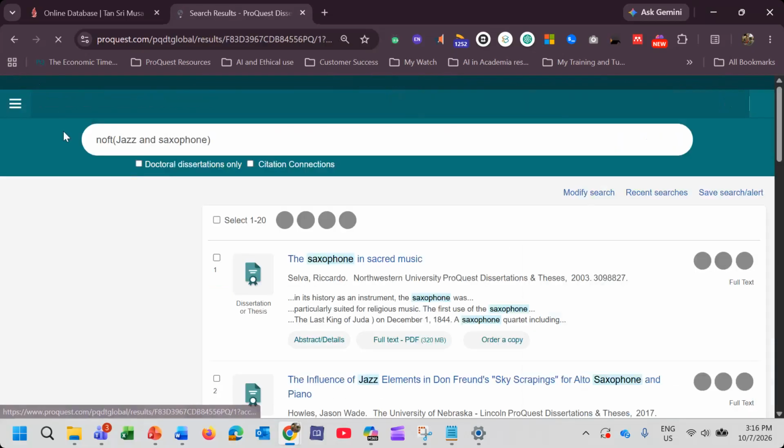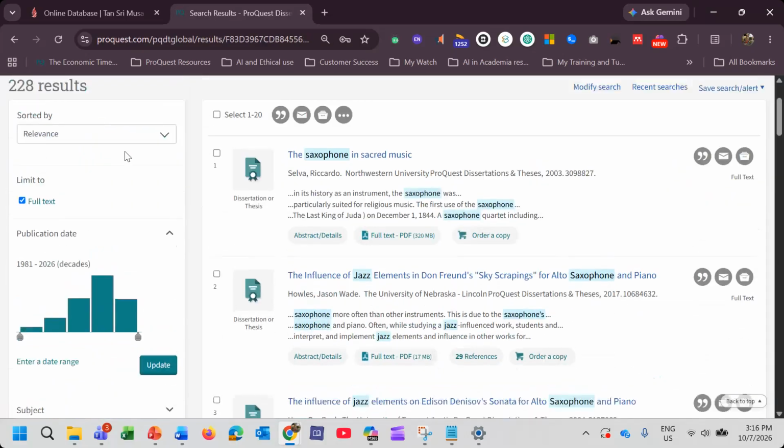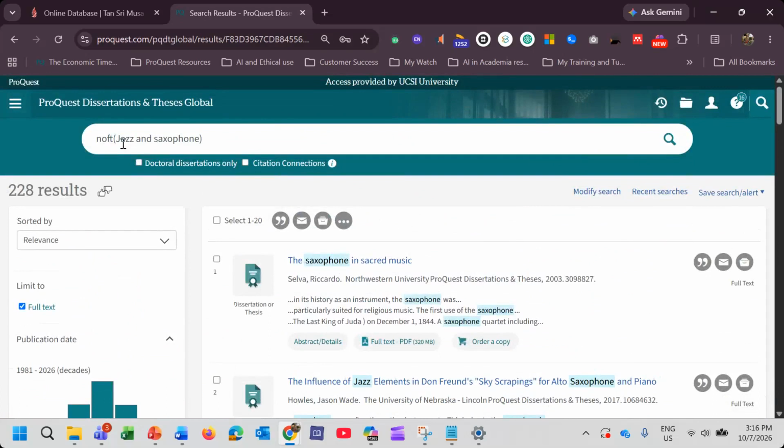Again, I want to recap. This dissertation and thesis database is a huge collection of information, 6.3 million documents that cover various topics, whether your research interest is in health and medical, business, music, social sciences, arts and humanities, technology, IT, or computer science. On any topic, you should be able to find information on this platform. Okay, so I'm going to pause here to see if you have any questions before we go to the second part of the content.